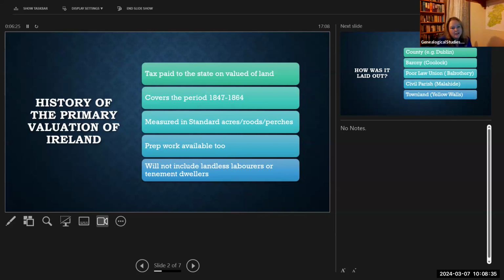And we don't get lists of families. So this is why we would say it's a census substitute. We're just getting usually the head of the household or the person who's occupying the land. Now, that does mean that women appear in these records, but the vast majority of the names you're going to see are men. So that's a short run of how it works. Let's look now at what we get in the records.